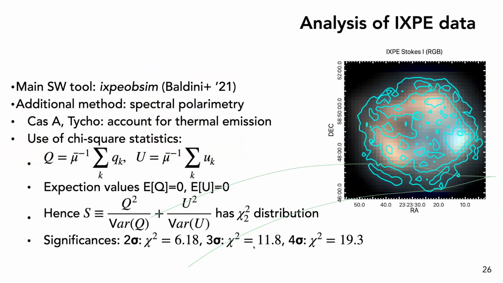But then we have to take into account the fact that we have many individual pixels, so you have to take the trial factor. In practice, I would say you have to be above 4 sigma, and then per pixel you're fine. Only in rare cases we have 5 sigma, and usually by combining whole regions, in which you of course reduce the trial factor greatly.